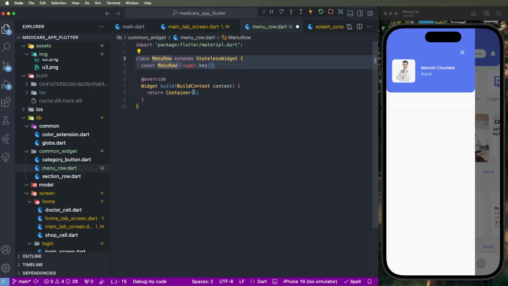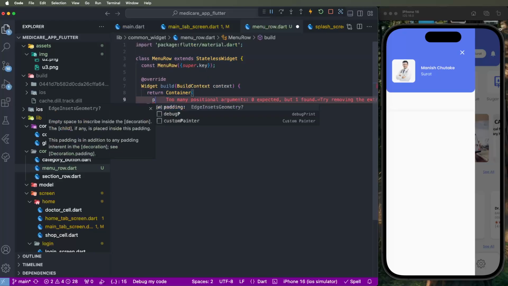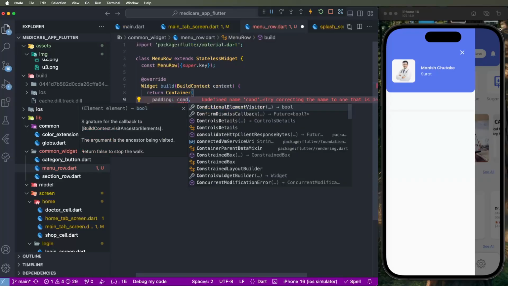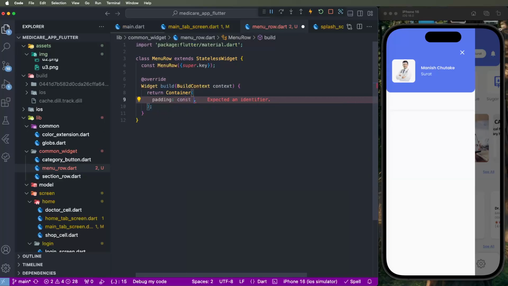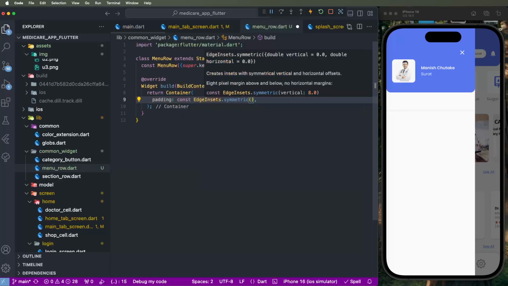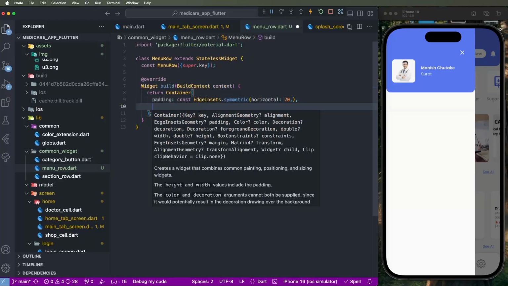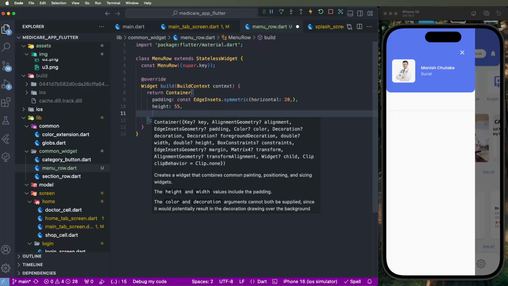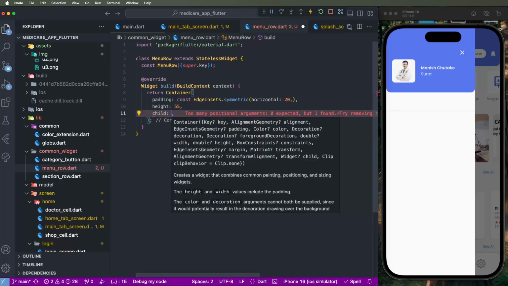Now create the Container, and then set the padding, const EdgeInsets.symmetric horizontal 20, and then create the height, and then create the child,